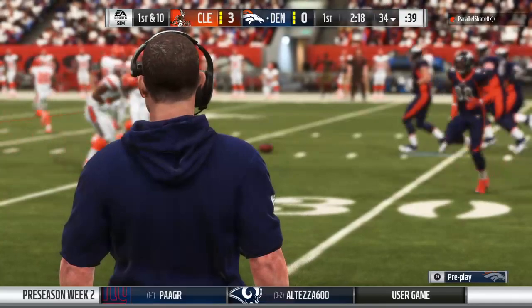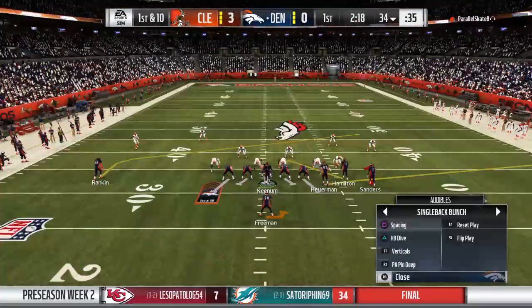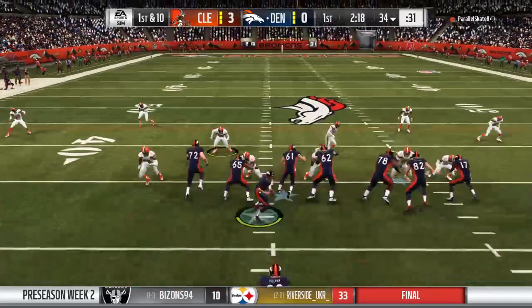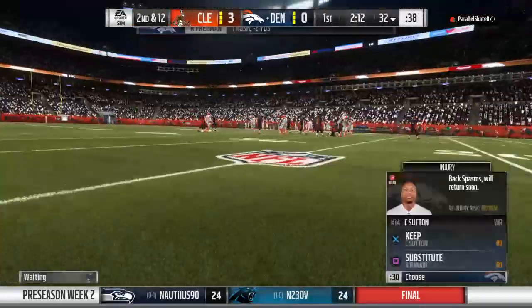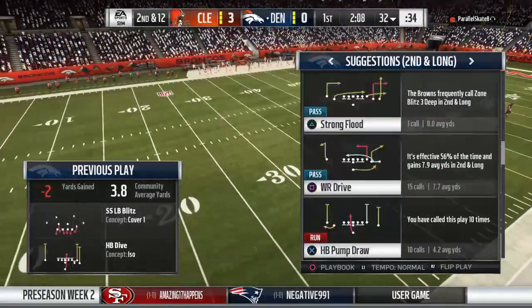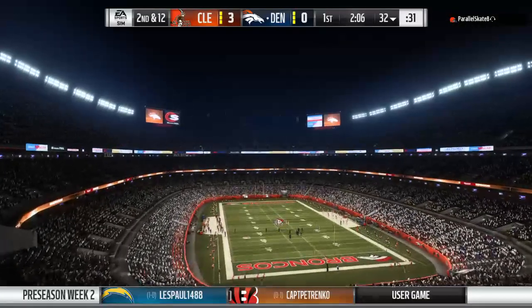From the 34 now, here's 1st and 10. First carry of the game here for Royce Freeman, and he is met in his tracks behind the line. Anytime you call an inside running play, you just know there should be a lot of congestion there. You're counting on your offensive line to take